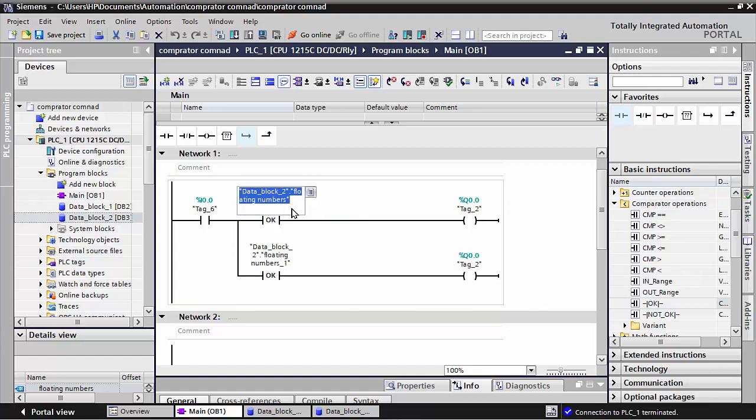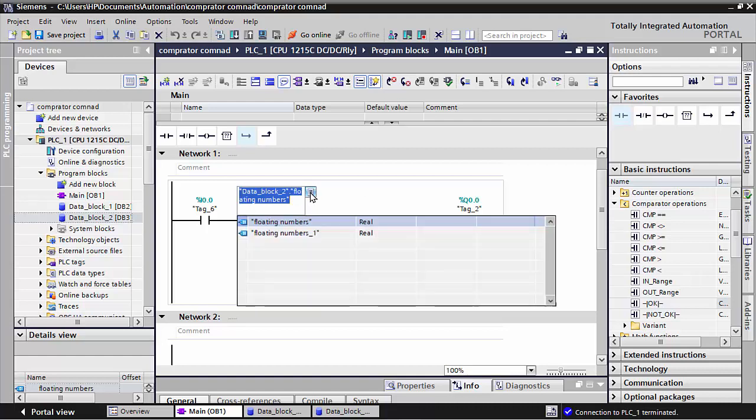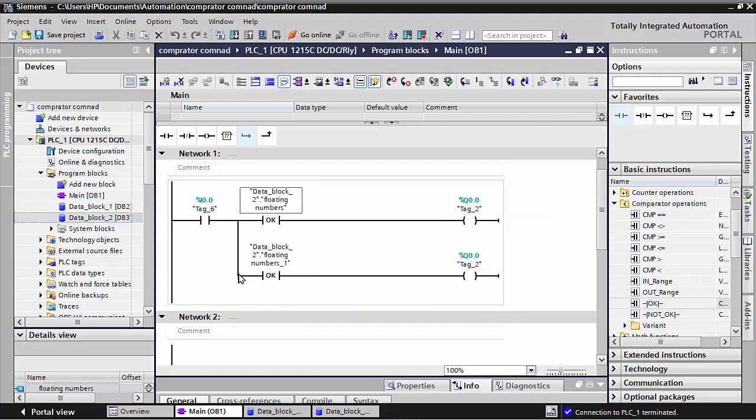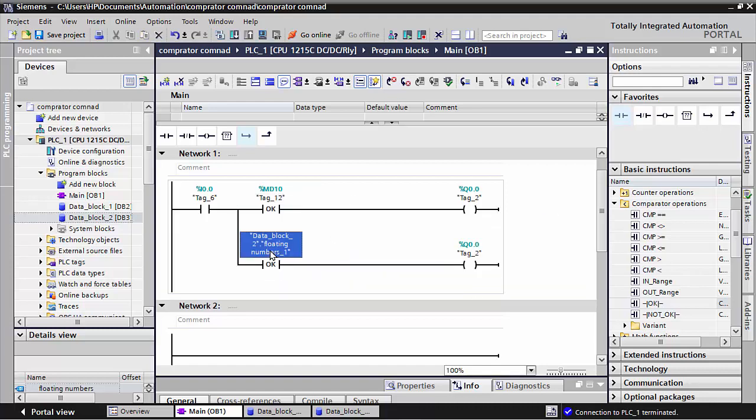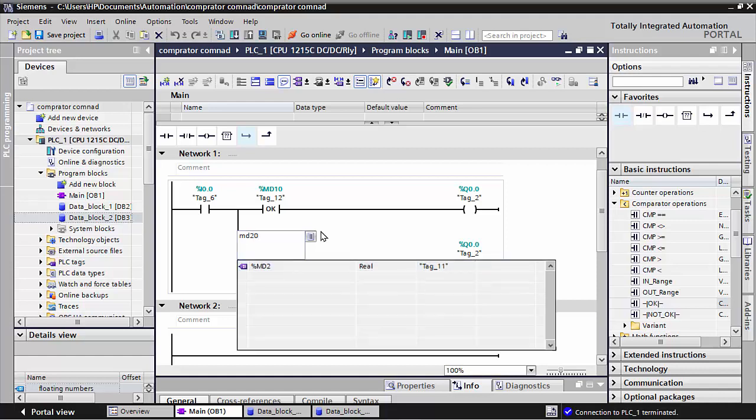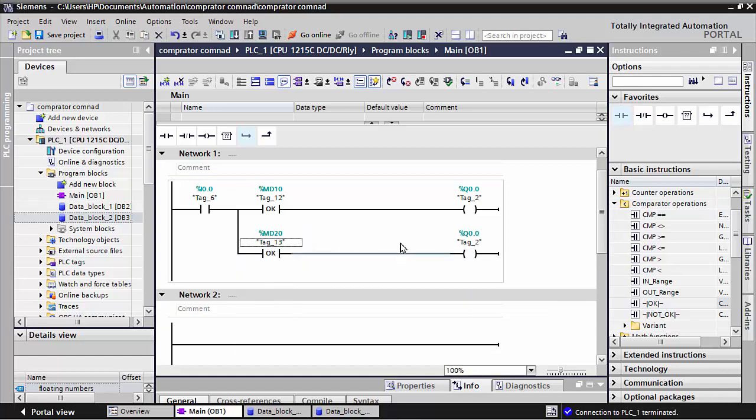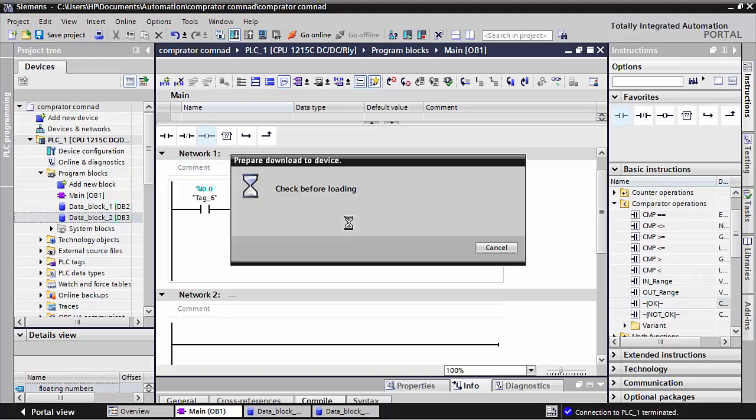Also, these numbers you can use in MD10, and this also you can use in MD20, and again you can download in the PLC,